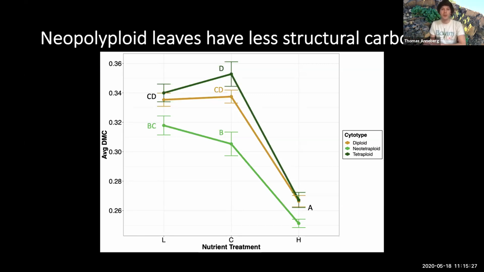So this is the ratio of leaf dry matter content divided by leaf fresh mass. This tells us how much structural carbon was in a saturated leaf. And we can see that the neotetraploids by and far had less structural carbon in a saturated leaf than diploids and established tetraploids. So in a perennial plant, this might be pretty disadvantageous because